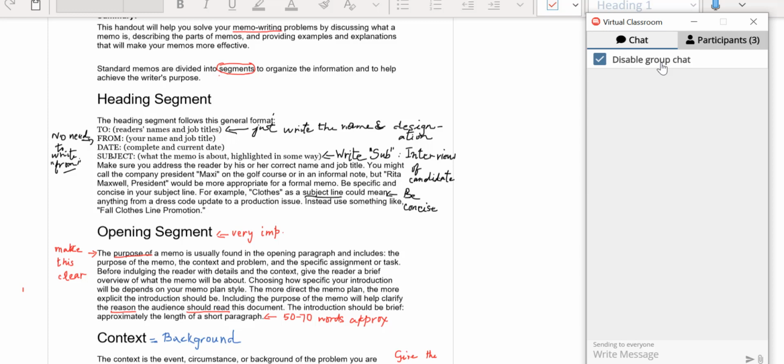Now the chat window is popped out. What about the video? In this setting, the video pop out is not available. Hence the faculties should be a little more careful. Now the students will be posting their queries in the chat section. Once they are posting the queries, you have an option to reply in public or reply in private. We recommend that if there is a need to reply to the chat through written text, kindly do it as a private message.